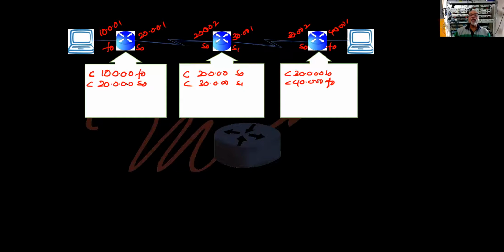So now, directly connected means how many hops? How many hops if it is directly connected? One. Right?